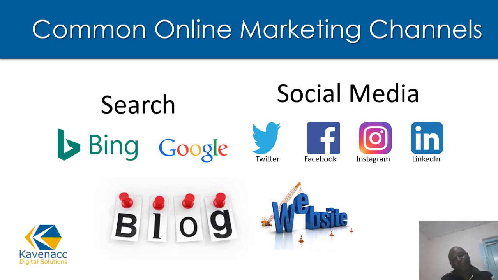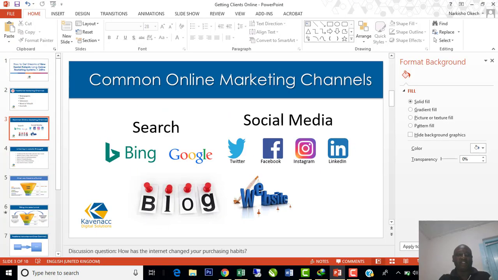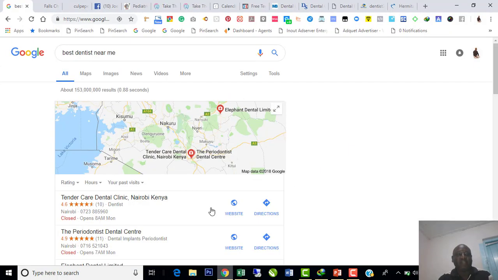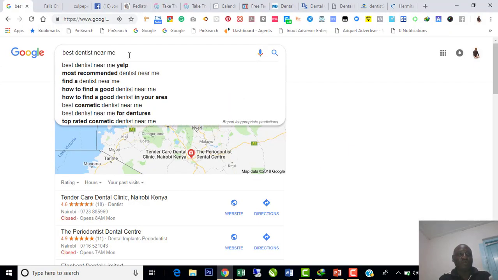What makes it easy to get new clients as fast as possible? Many times, when clients are searching for services, let's say they're searching for a dentist nearby. Somebody has had a toothache in a new place where they're not always at, and they are searching for a new dentist. The first thing that somebody would do is to go and search in Google, for example, best dentist near me,